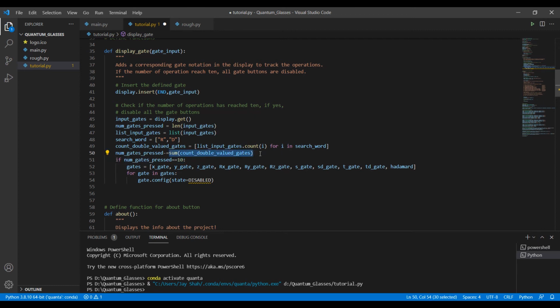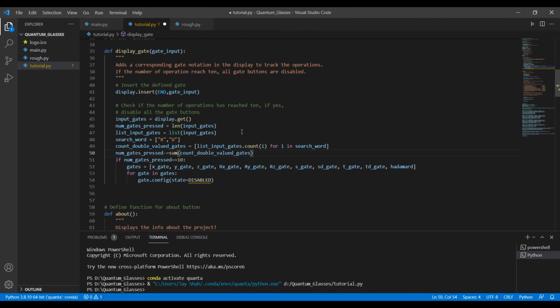So say we had two instances of the RX gate, then it will just be two, and maybe one instance of the SD gate, then it will be one. So we take 2 plus 1 equal to 3, right? And we subtract it from the number of gates pressed, the length of the input. And that's what we wanted to do.